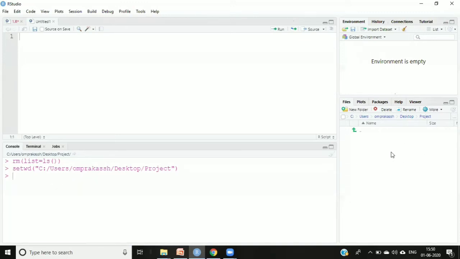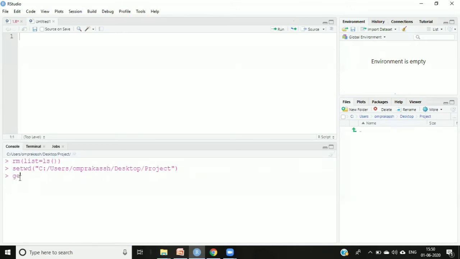Your working directory is set. If you see here, it's written C colon Users Om Prakash Desktop project. So my project directory is set as the current working directory. I hope all of you got this. If you see the command, it has fired the command automatically, setwd. setwd is used for setting the working directory. I'll fire it after some time.